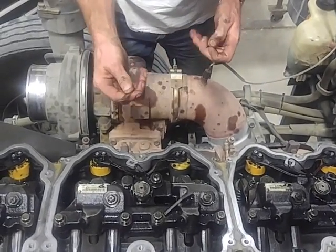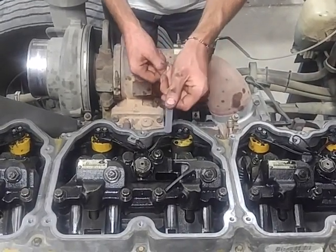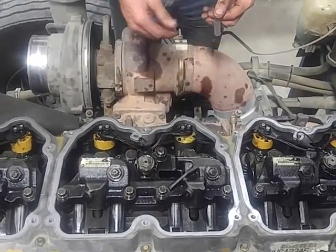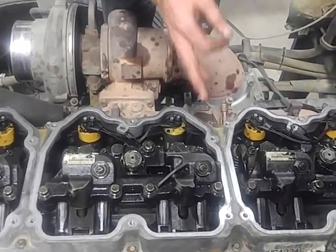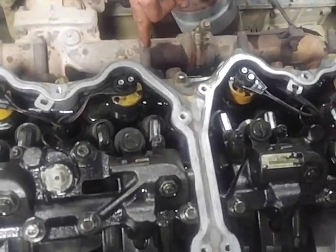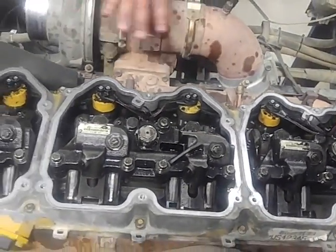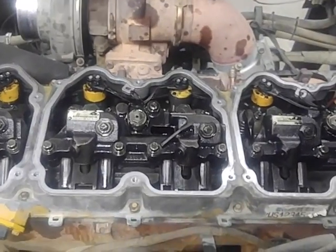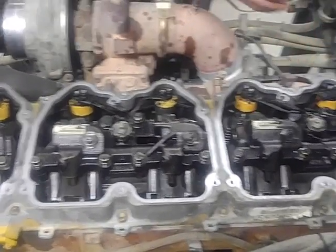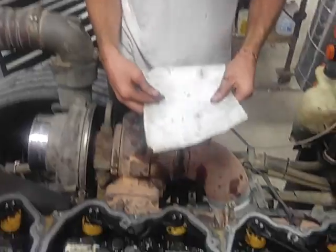The 30 thousandths feeler gauge is going to be for your exhaust, and your 15 thousandths is going to be for your intake. Now, if you're not sure which is which, the exhaust valve is going to be right above the exhaust port on the manifold. Pretty easy to figure out. And if you can't tell which one, once you pin it, if you're on number 1 or number 6, you can make yourself a cheat sheet, like I did, because I can't remember anything. So, according to my cheat sheet,